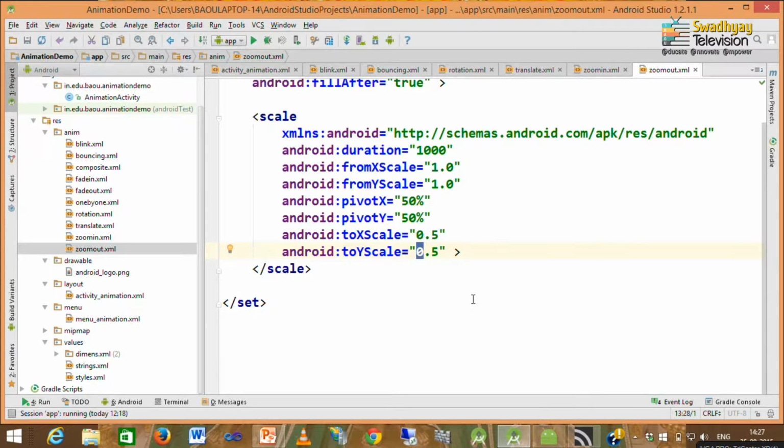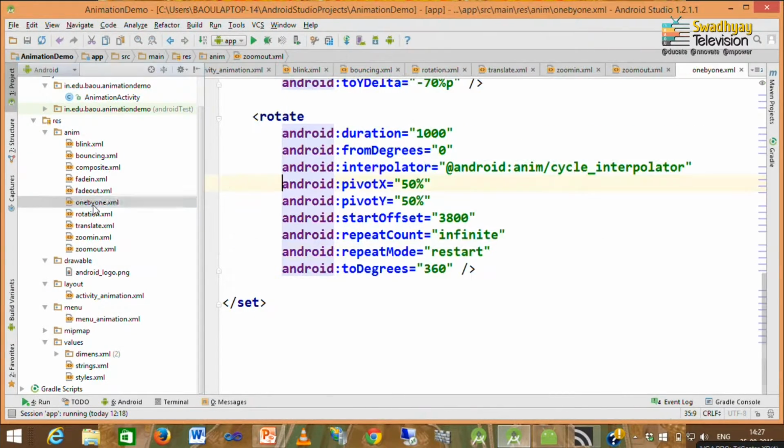Now, you can also use one or more animations in a sequential manner or composite manner. So, how to do that? Let us look at it. Sequential animation.